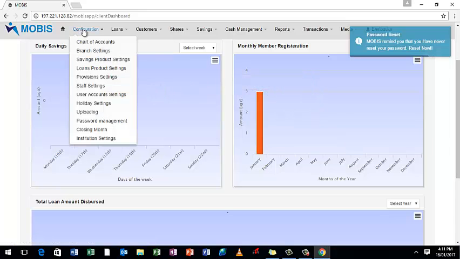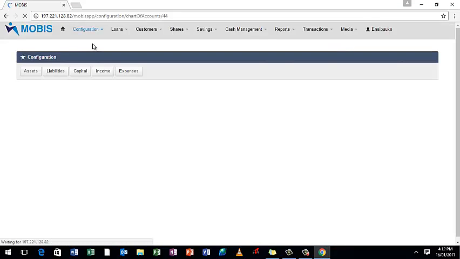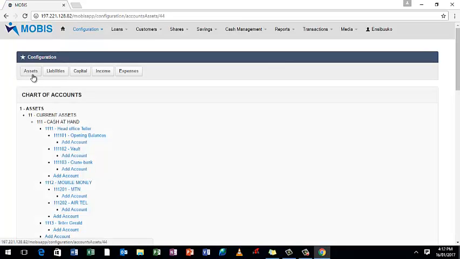Now, under configurations, this is where we set up our financial institution settings to a workable environment. For example, here is where we set in our chart of accounts. In our chart of accounts, it has been segmented into about 5 layers or categories. That includes assets, liabilities, capital, income, and expenses. For instance, if we want to create an asset account, we click onto asset. It will populate these